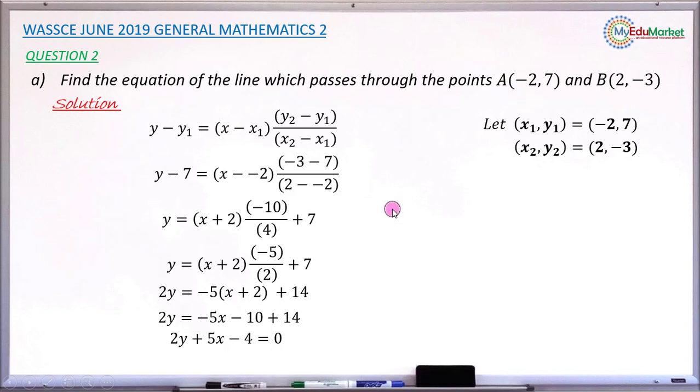So let me just share with you quickly the mark distribution for this question as it is there in the marking scheme. The very first mark is method 1 mark, and this method 1 mark you have when you now substituted correctly what is x1, what is y1, what is x2, what is y2 in the formula correctly. The next mark is bonus 1 mark when you now have a fraction minus 5 over 2 reduced to simplest. The next mark is method 1 mark, and that method 1 mark is in attempting to simplify to get the equation up to this level. And when you now have the equation exactly as 2y plus 5x minus 4 equals 0, you have this accuracy 1 mark. So this question has 4 good